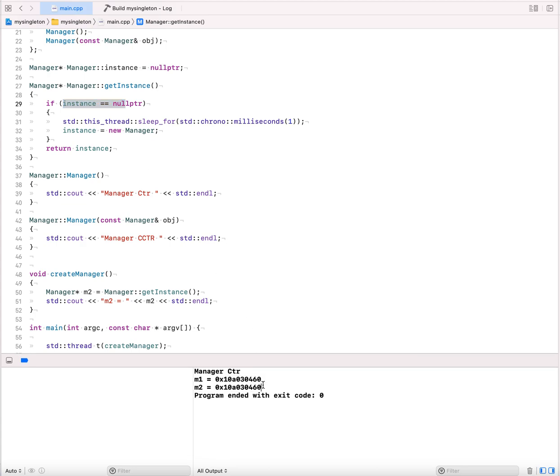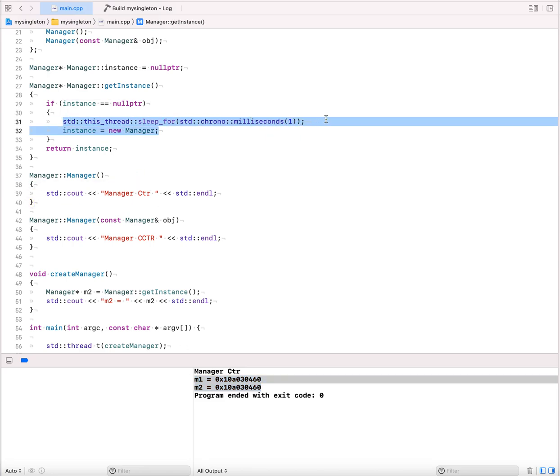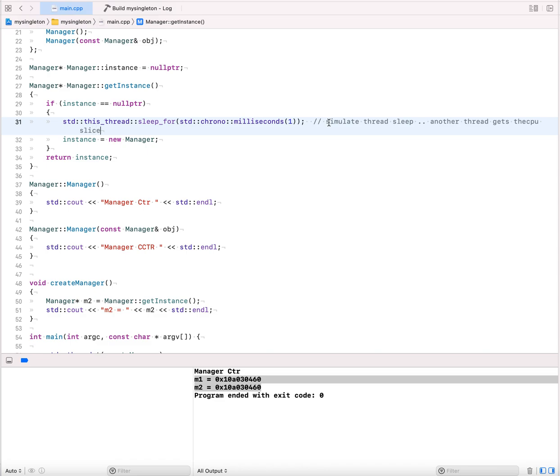So you will be having different addresses here if two different objects are created. This is just to simulate the thread sleep. Another thread gets the CPU slice. Okay, so if I run it now,